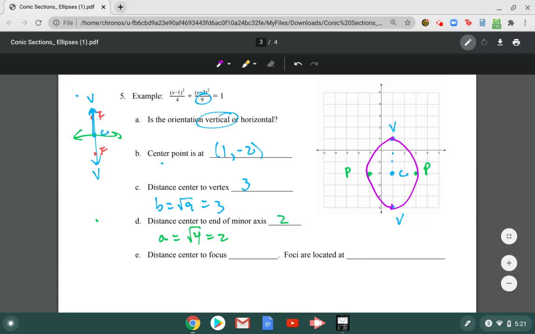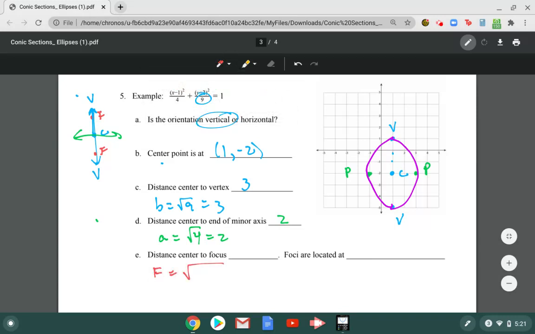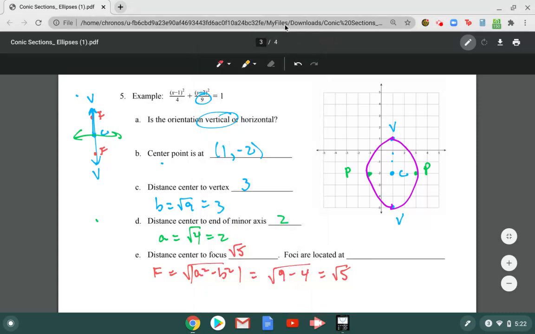Let's do distance center to focus. I'm going to do this in red. This is the square root of a squared minus b squared. And we just want to make sure that's not negative. So it's the square root of 9 minus 4, radical 5. So that distance is radical 5, which is great for an exact answer, but I would really rather have a decimal so I can graph this guy. Square root of 5 is about 2.2. Okay, so to get my foci,